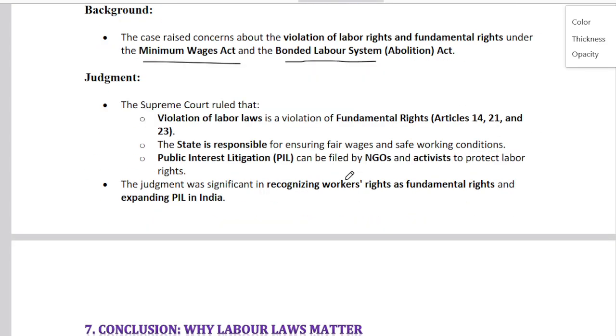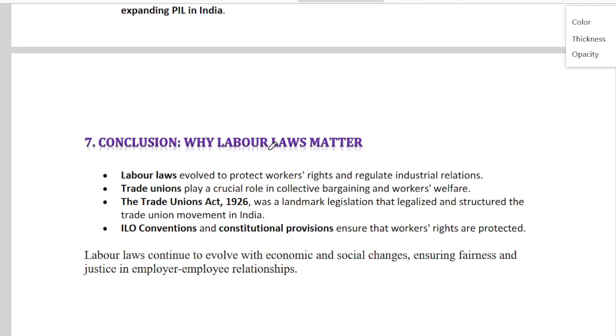So what does the Supreme Court say on this? The court held that violation of labor laws is a violation of fundamental rights, Articles 14, 21 and 23, and the state is responsible for ensuring their wages and safe working conditions. Public interest litigations can be filed by NGOs and activists to protect labor rights. The judgment was significant in recognizing workers' rights as fundamental rights and expanding PIL in India, including why labor law